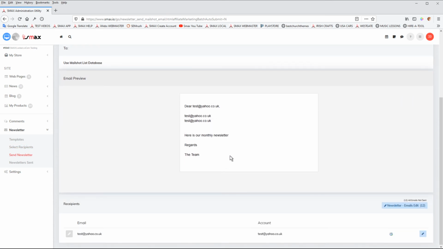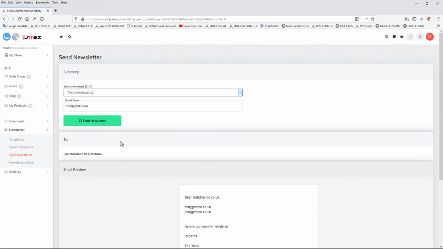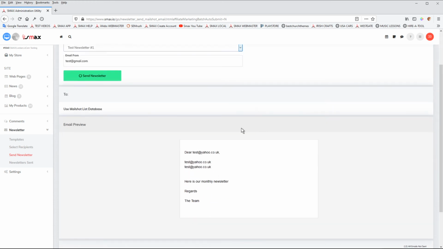And this is a preview of the page. And in here we can see who is going to get it, so the recipients that will receive this Mailshot. We can see here all the addresses that have been added to this newsletter. And to send a newsletter, we just click that button, and that will send this template newsletter to all the